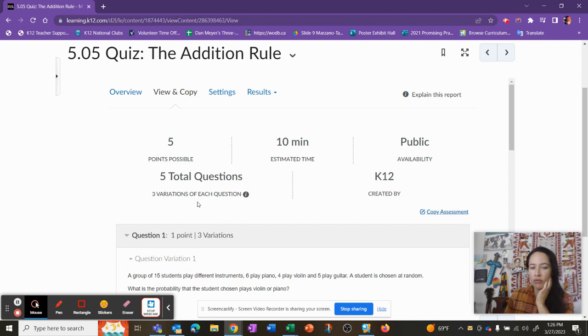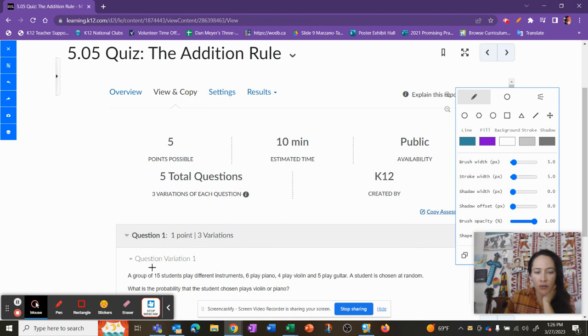A group of 15 students play different instruments. 6 play piano, 4 play violin, 5 play guitar. A student is chosen at random. What is the probability that the student chosen plays a violin or a piano? Okay, very simply,